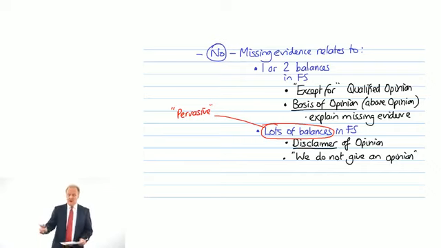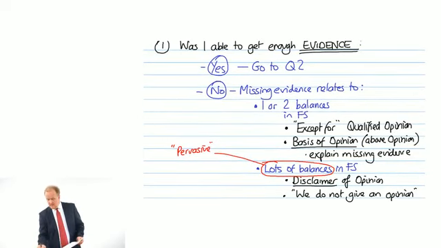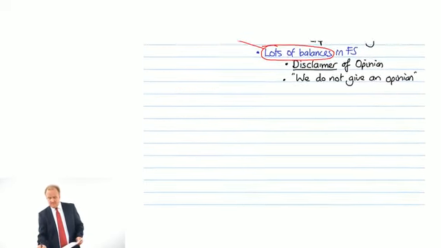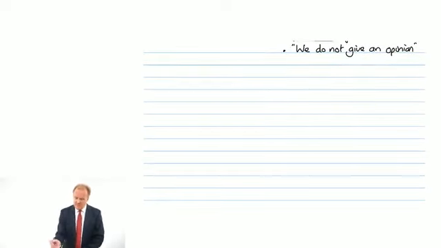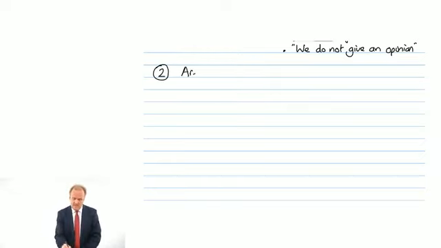Okay, so there we have got our first 2 outcomes then. Except for lack of evidence, disclaimer of opinion, big lack of evidence. If we've got the evidence we wanted, we move to question number 2. Well, if we've got the evidence, we can form an opinion. So the next question is, are the financial statements